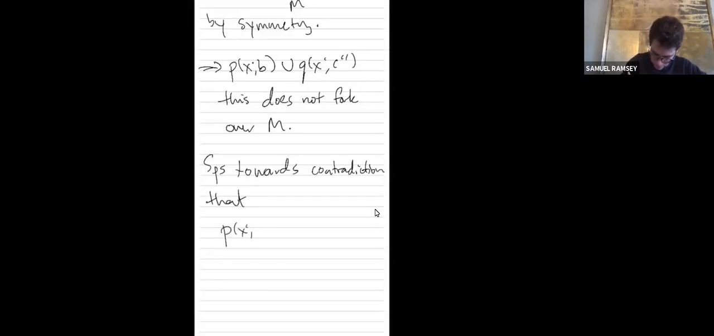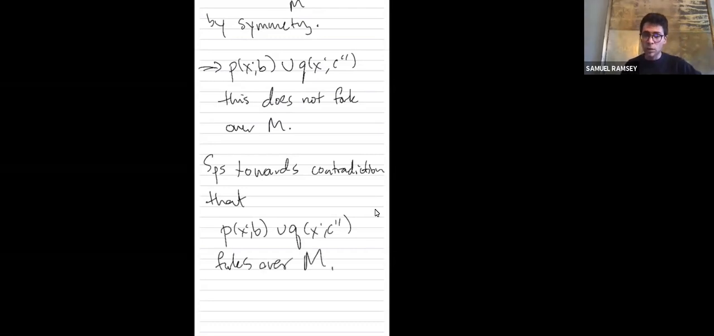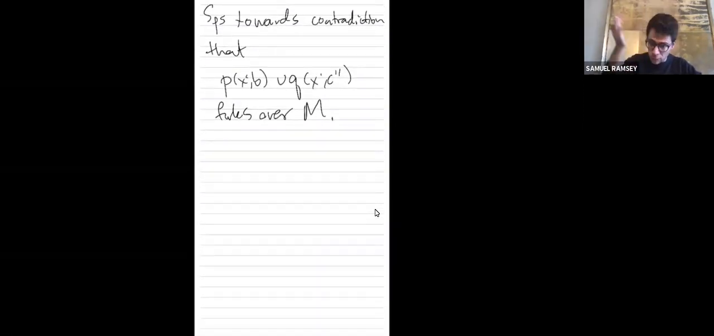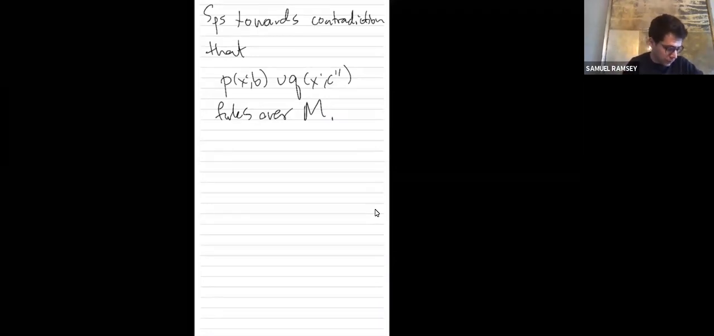P x B union Q x C prime prime forks over M. This is the thing that we wanted to show doesn't happen. And so we're going to assume it, and we're going to violate the chain condition. This is why we worried about proving the chain condition to begin with. So fix